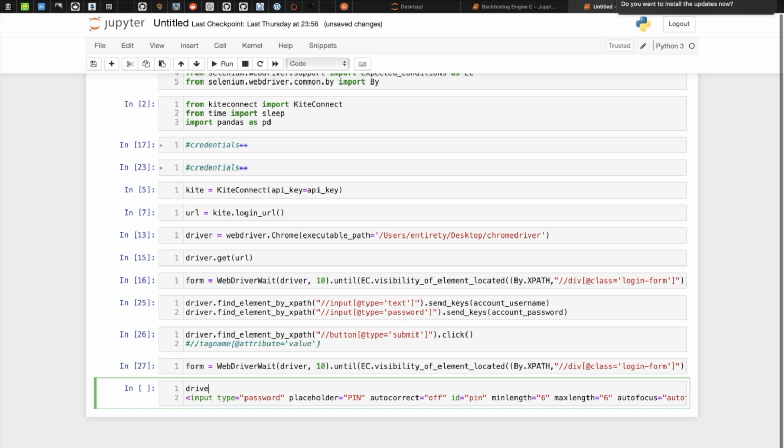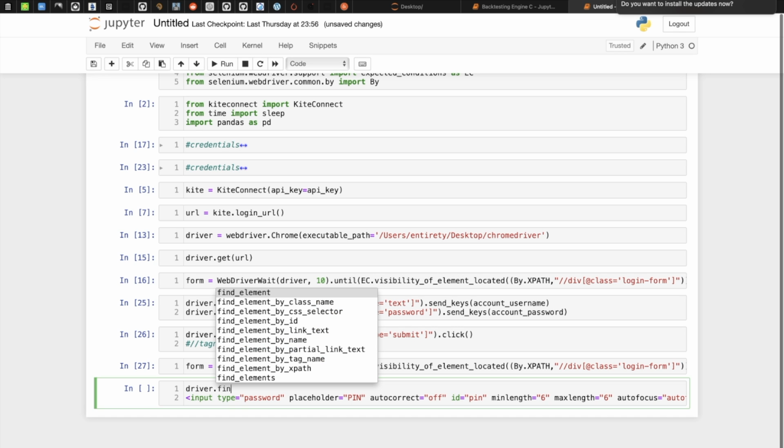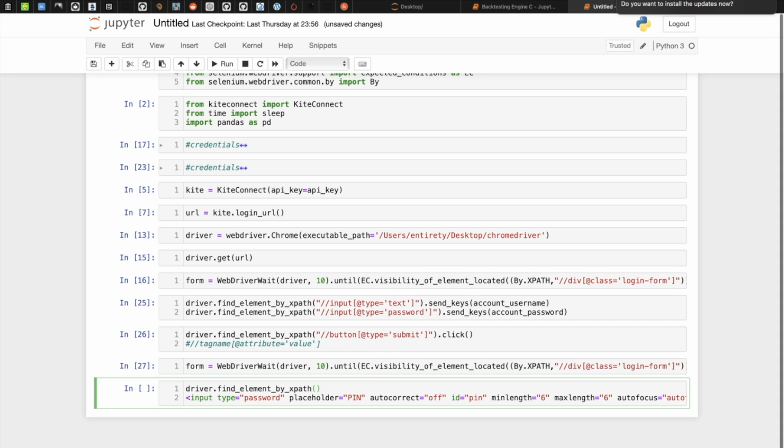2FA. So driver.find_element by XPath of that XPath, let's create. The tag name is basically input, the type is the attribute, and the value is simply password. Then .send_keys.